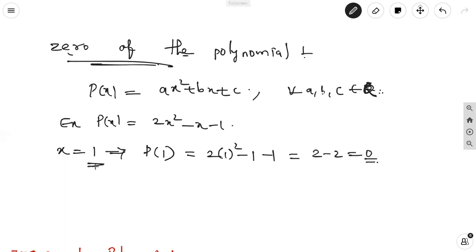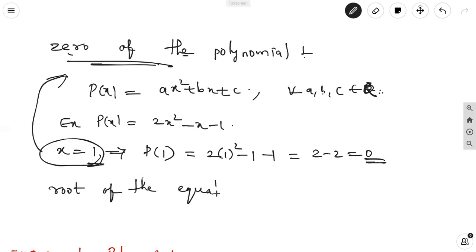When we substitute the value in the polynomial in the place of x and it reduces to 0, then that non-zero value is said to be the zero of the polynomial. Zero is nothing but the value which, substituted in the given polynomial, makes it 0. That is the meaning. The same thing, the zero turns into the root of the equation, not of a polynomial. The same relation is there in the equation and the polynomial, but the names are different.